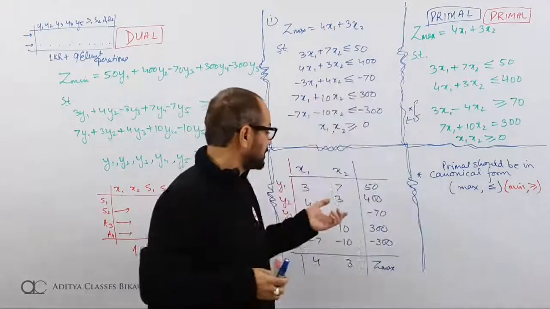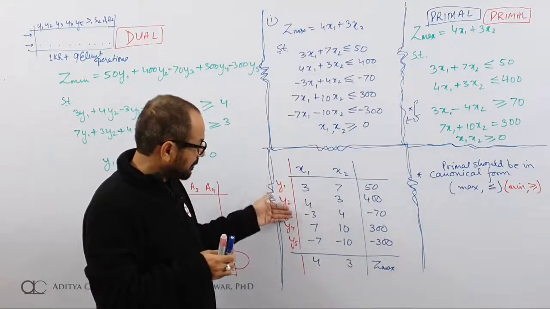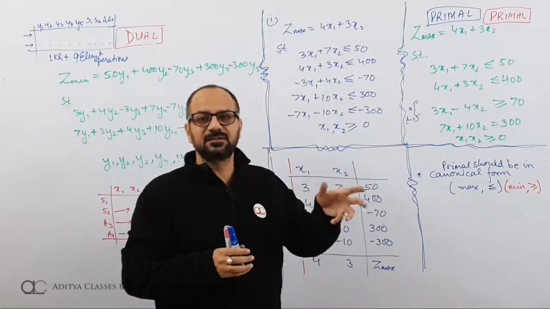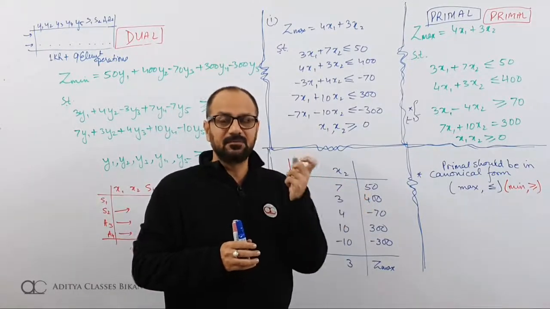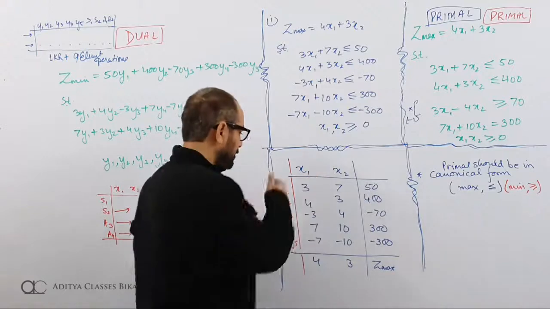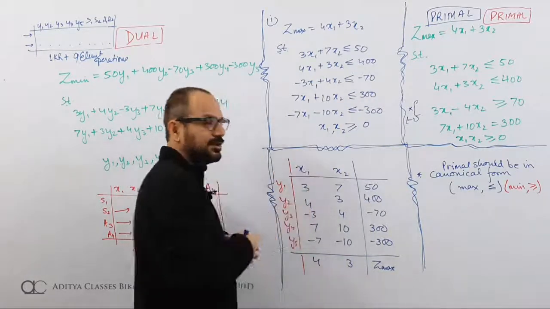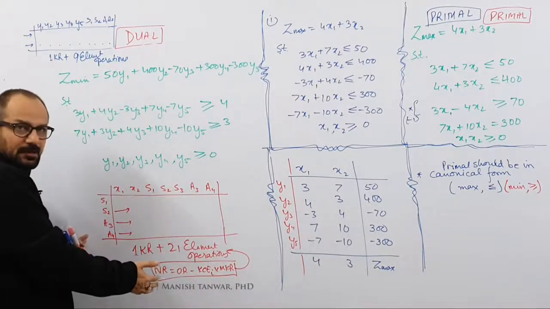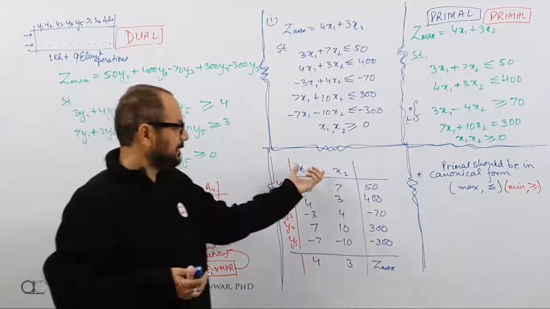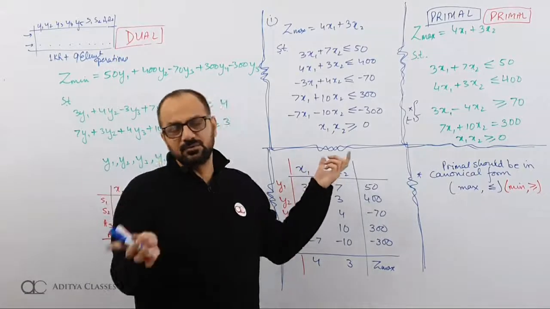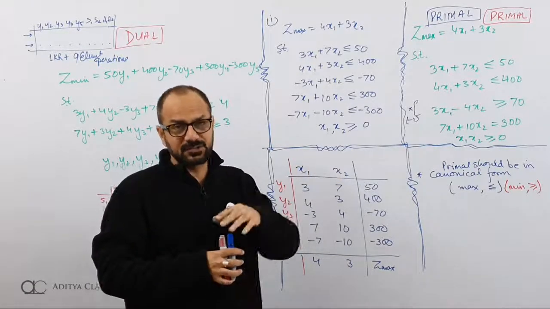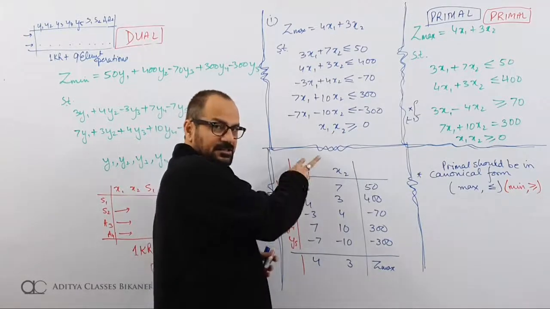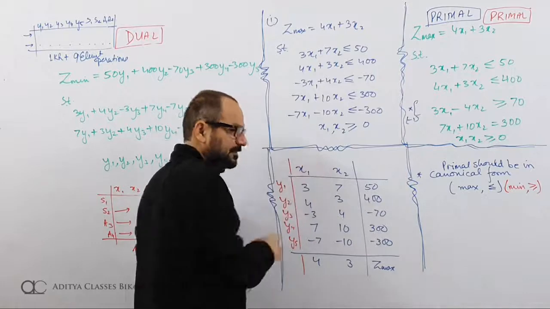And from where does this dual derive its power? The problem comes with number of constraints. If your primal has more number of constraints than number of variables, number of constraints 1, 2, 3, 4, 5, variables are only 2. If you have more constraints, your table will be very long. And when you have more constraints than number of variables, it is always suggested you go to dual. Because when we switch this to dual, it becomes 2 constraints and 5 variables. Earlier it was 5 constraints and 2 variables.